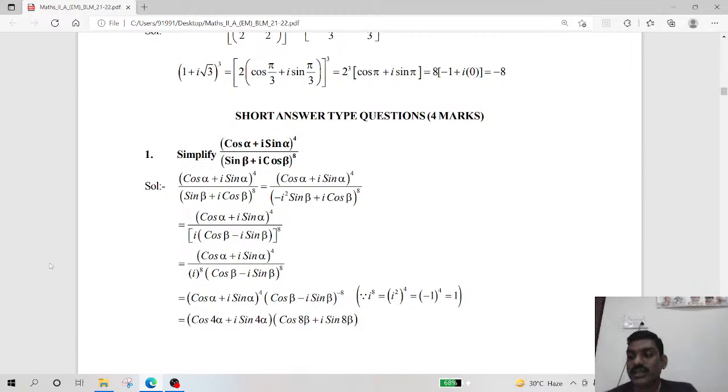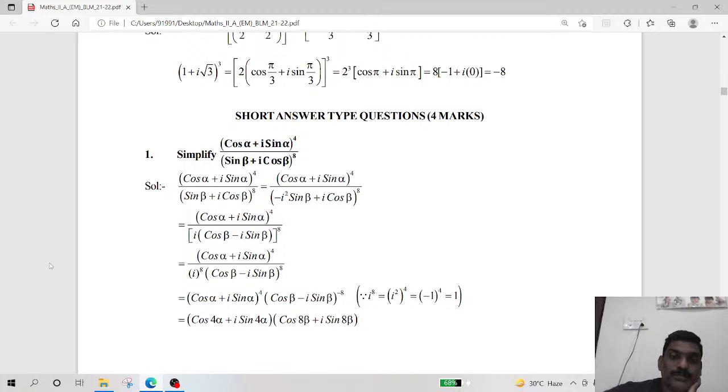So here the numerator is cis alpha and the denominator is not cis beta. Observe clearly, it is not cis beta. So let us multiply this sin beta plus i cos beta with